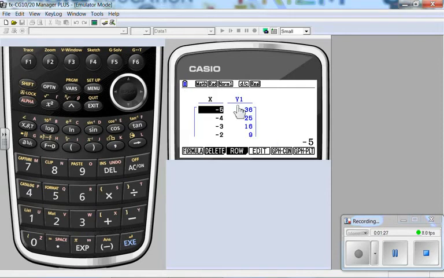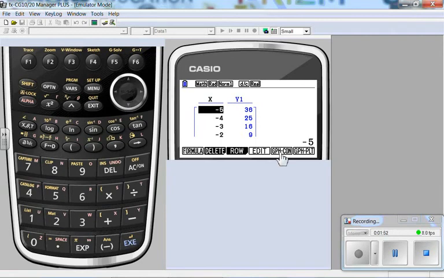Alright, so there's your table of values. Scroll down, there's all the ones I want. I don't have a whole bunch to choose from, but that's okay. I don't want to see a whole bunch, I only want to see the ones that I want. So if I wanted to, I could just type in a new value, type in 2.3 and replace any of those values. But I just want that -5 to be back there, so I'll just go ahead and put it back.